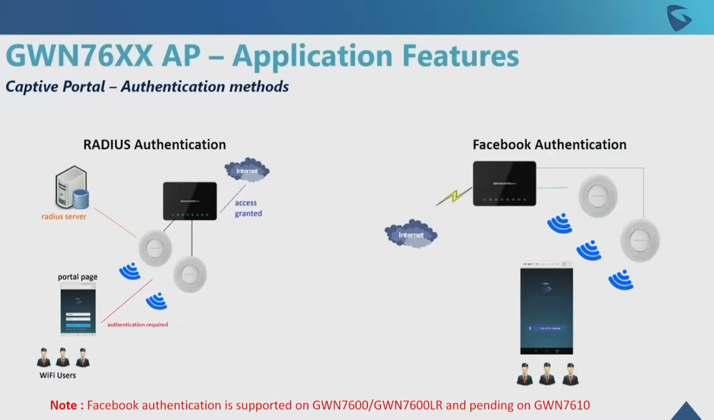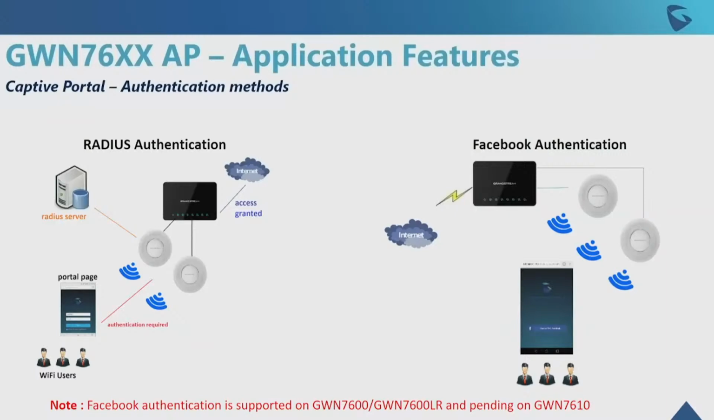David asks, how suited to wall mounting is GWN gear? The GWN7600LR is wall mountable. It's typically designed for outdoor mounting, but on an indoor mount, you can mount it against a wall and it will not be a problem. As you can see here, these are the